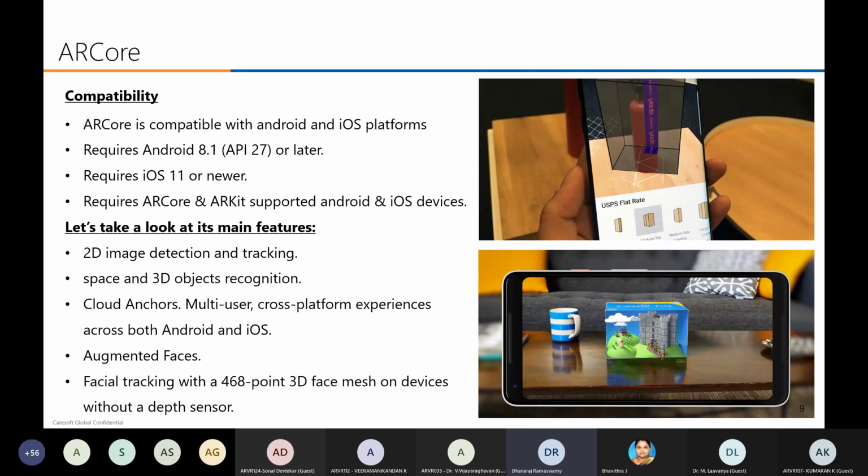Augmented face tracking gives you a 468-point 3D face mesh on a device without a depth sensor. As I said, it won't use a depth sensor, but it will detect your face with 468 points.